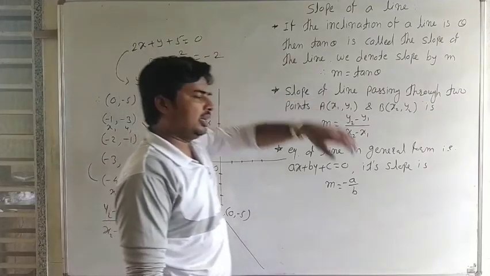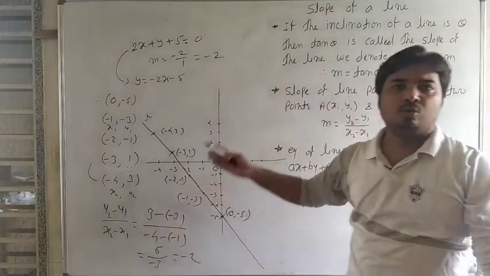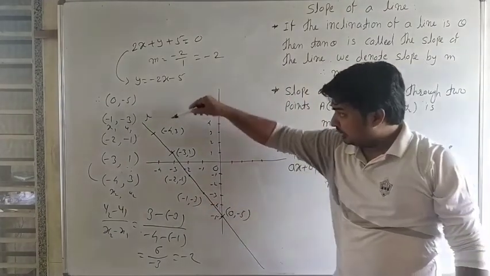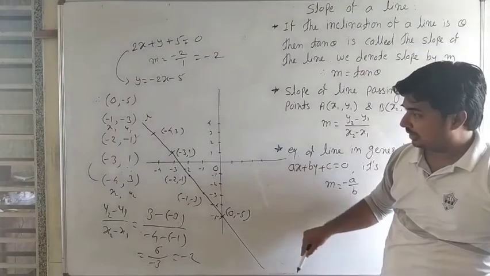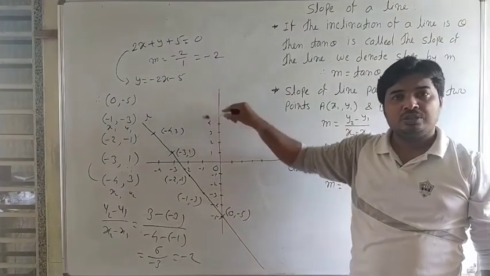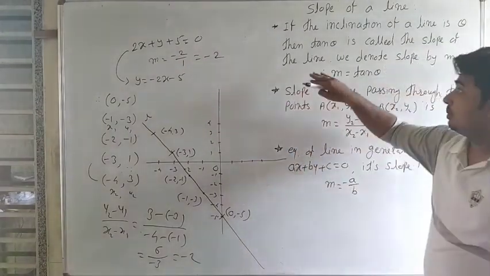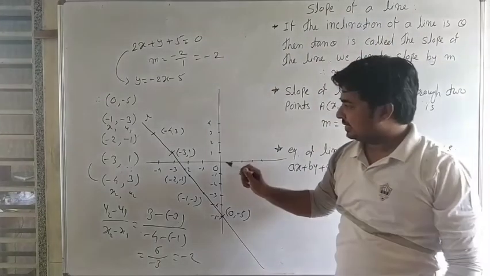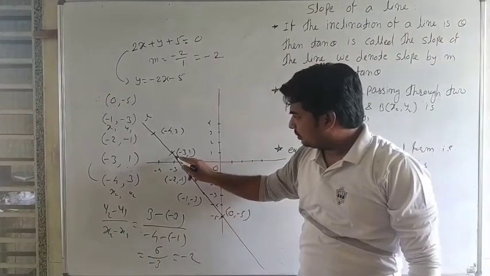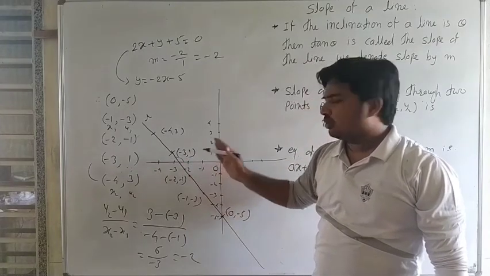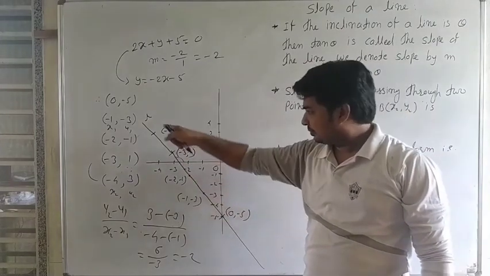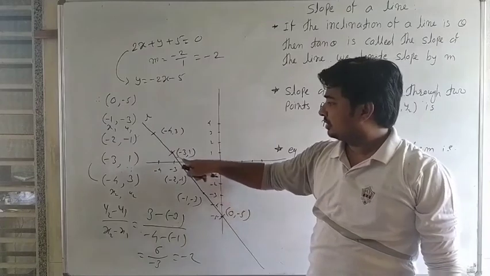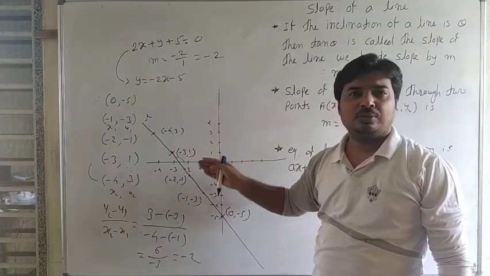That is, we can take any 2 points on the line, the slope remains the same. Okay? The slope is the same. Therefore, finding the slope of the line by using the angle, that is the inclination. Here, the inclination of this line is not given, and we take this line. Therefore, it is not exactly 30, 45, 60.